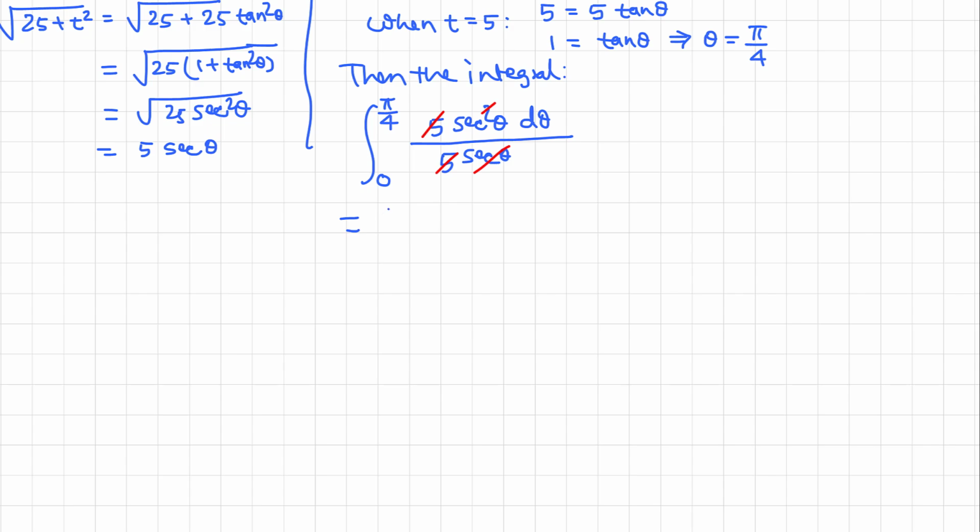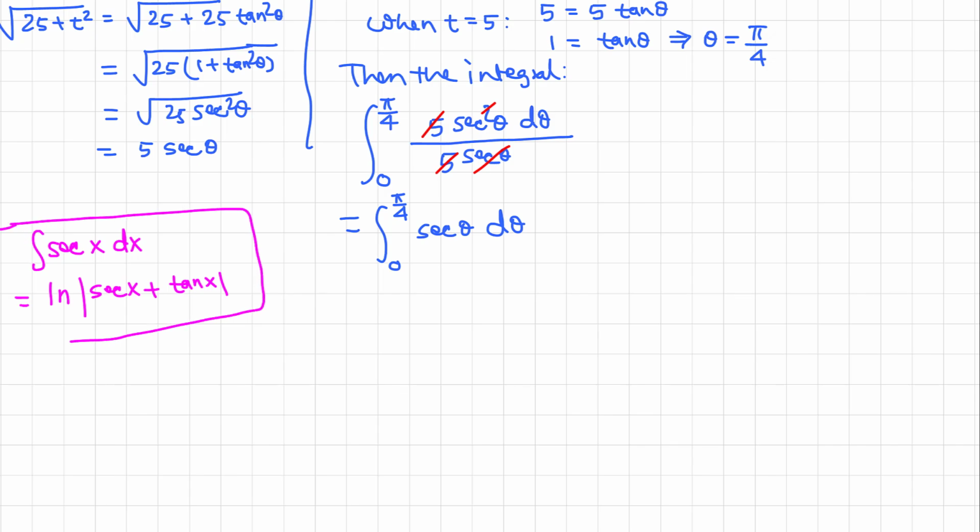Looks like a lot of things cancel. 0 to pi over 4, 5 cancel, secant square over secant, so one copy of secant is left on the top in d theta. Now we need to find the antiderivative of secant theta. There is a formula for that one. The antiderivative of secant x is natural log of absolute value of secant plus tangent plus c,